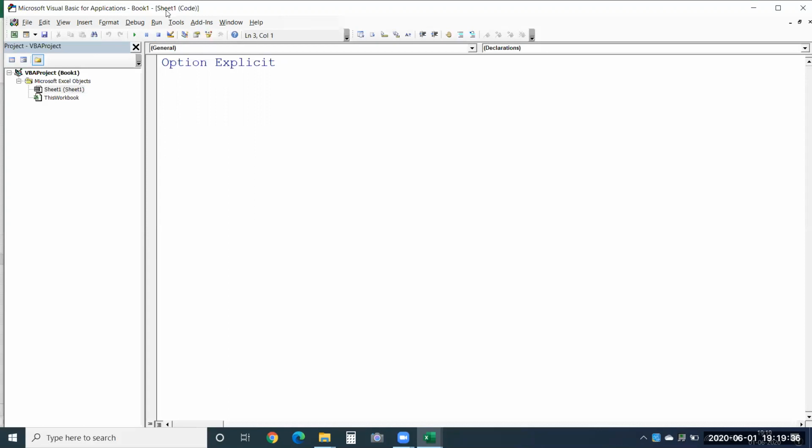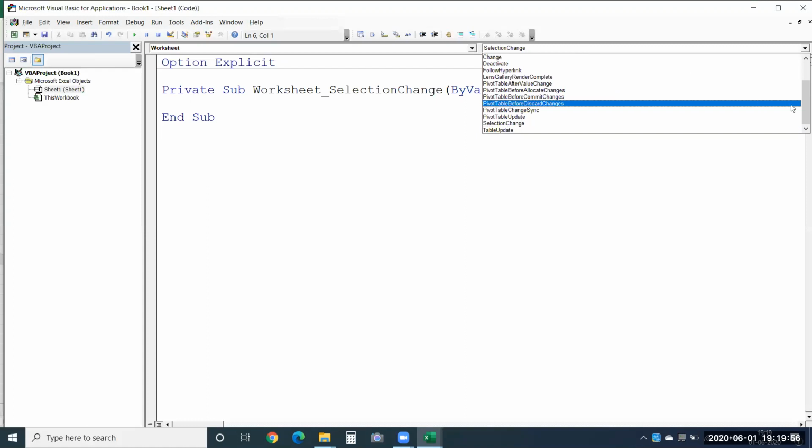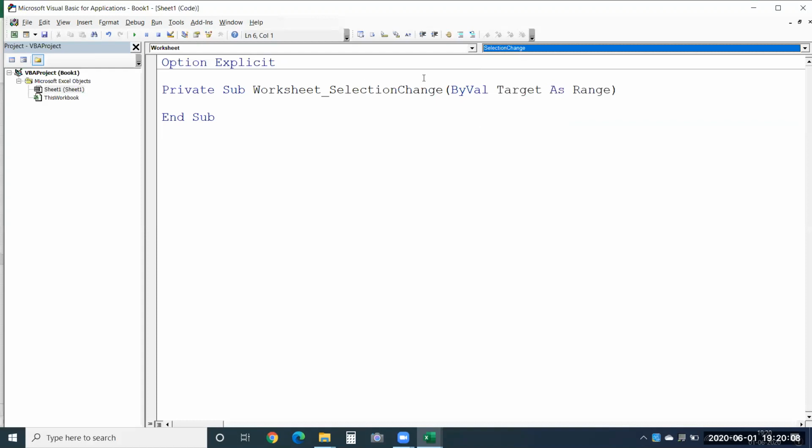You can see here it displays as Sheet1 code. After you choose that, make sure you select the worksheet object here. As soon as you choose worksheet, you can see an event name here, selection change. Likewise, you have many events that you can see in the event drop down here. You could choose to write the macro for any of these events in the list. Currently, by default, selection change will appear. Using this, I'm just going to provide you a very simple example of how exactly this works.